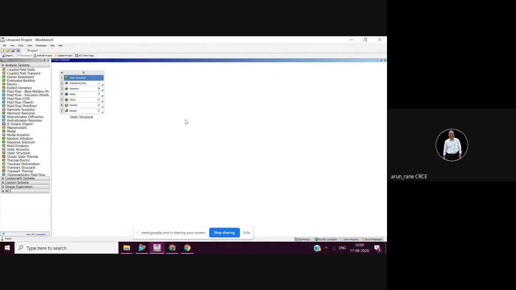This is ANSYS software, ANSYS. In ANSYS, we have a module which is called the workbench. So this software is used for analysis of stress in static condition as well as in dynamic condition. So you will learn finite element analysis in which, suppose you have designed a machine table, or a table on which you are keeping a machine.